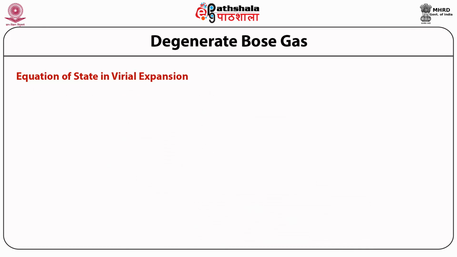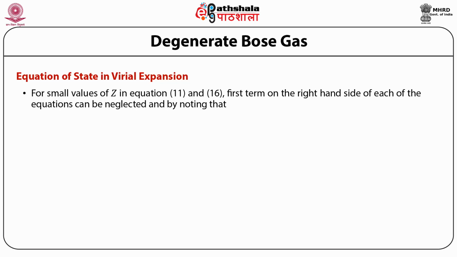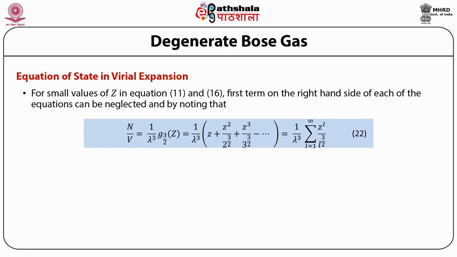Let us now look at the equation of state in virial expansion. For small values of Z in equations 11 and 16, the first term on the right hand side of each of the equations can be neglected, and by noting that n upon V is equal to 1 upon lambda cube multiplied by Bose integral of the order of 3 by 2, which is equal to 1 upon lambda cube multiplied by (Z plus Z square upon 2 raised to power 3 by 2 plus Z cube upon 3 raised to power 3 by 2 and so on), which is equal to 1 upon lambda cube summation over L equal to 1 to infinity Z raised to power L divided by L raised to power 3 by 2,